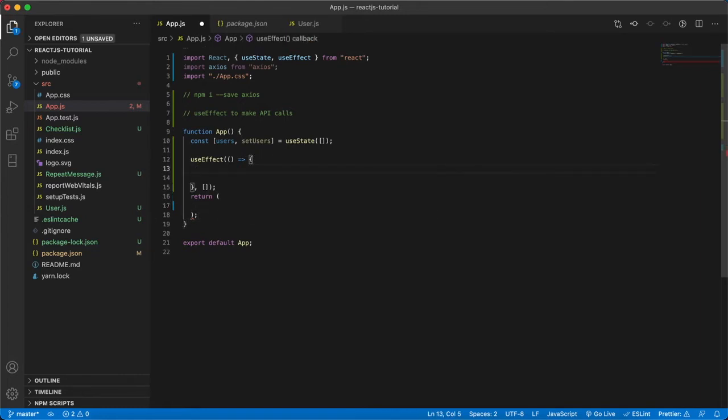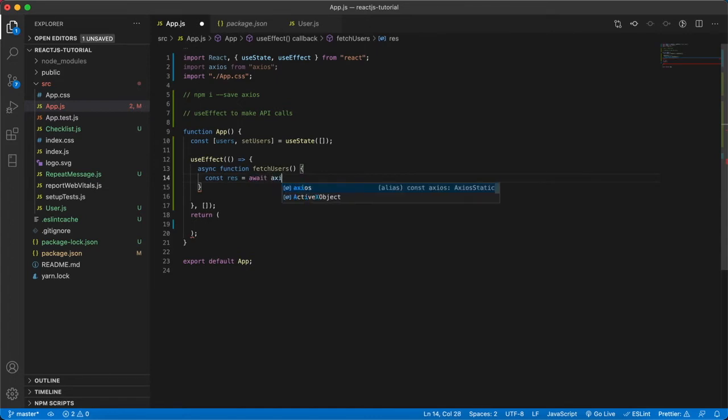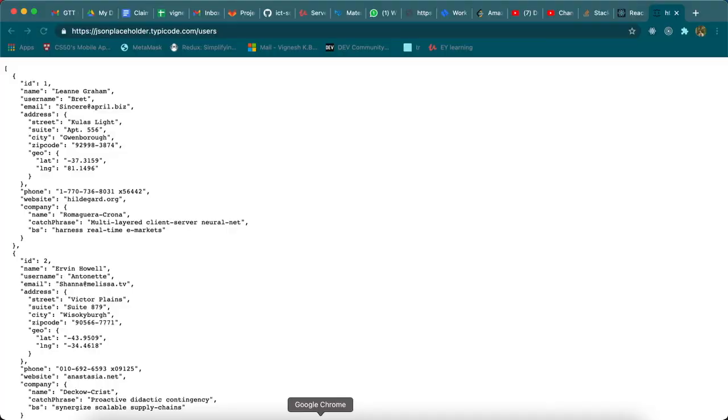So now we are going to write an asynchronous function over here. I'll call it fetchUsers. Then we store the response in a const, and I'm going to await axios.get. The URL is this one, so you have to copy it.